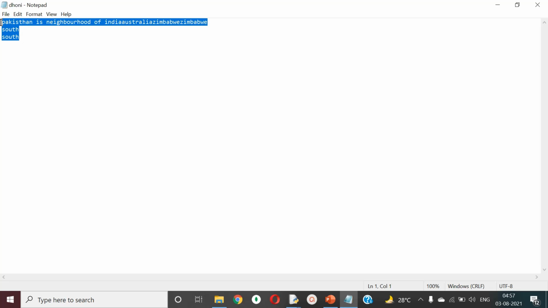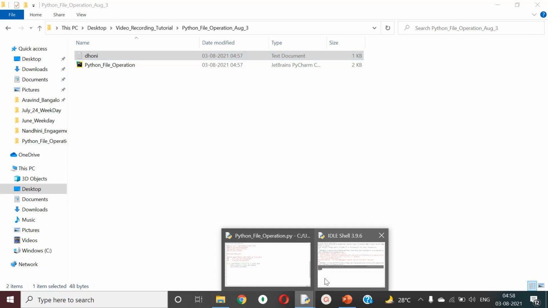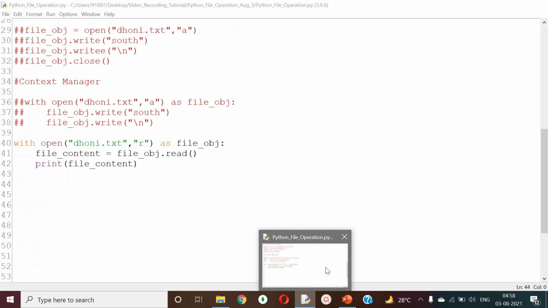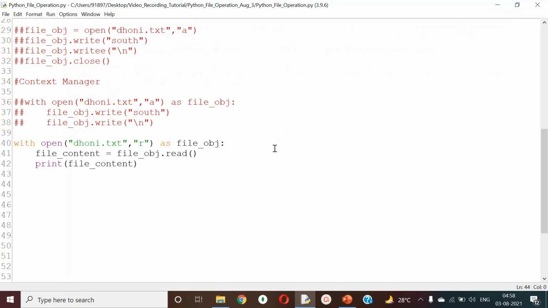Okay, so let me do some changes for the better. Something like this. Okay, I am saving and closing. Now I'm trying to run the same code. So everything it prints. The point to be noted here is that when you do the read operation, the data will be read in the form of a string.